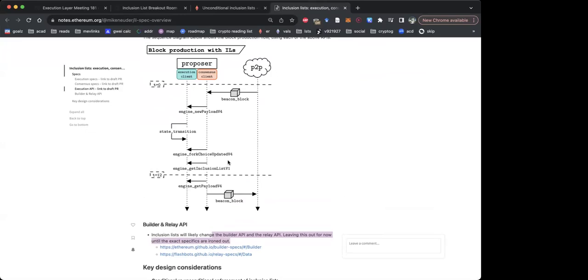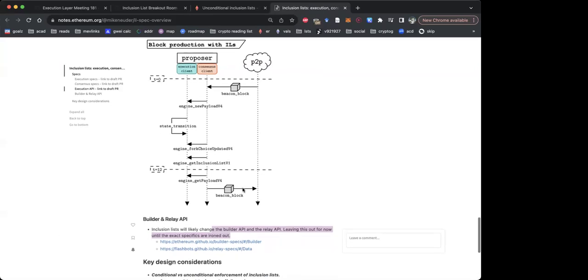Yes. So how is this different than just the first call to get payload being just an inclusion list, and the second call to get payload giving an inclusion list and a payload? So no, I see what you mean. So this way we're just gonna be calling get payload twice. I think this doesn't break us, at least. Yeah, it doesn't, because the IL should always be based on the local payload.